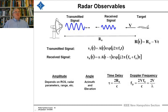We're going to have directionality from the antenna. The beam width of the antenna is going to be relatively narrow, hopefully, so that we'll be able to measure azimuth and elevation to certain accuracies. And we'll measure this time delay, which will implicitly give us, at a given time, the range that the radar